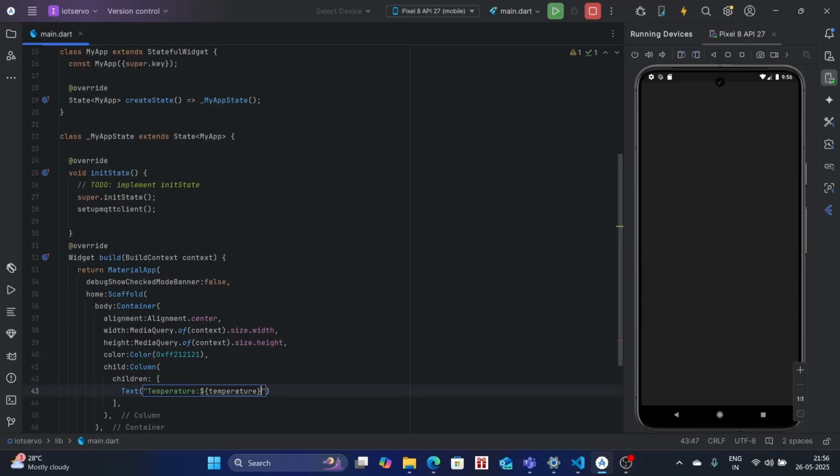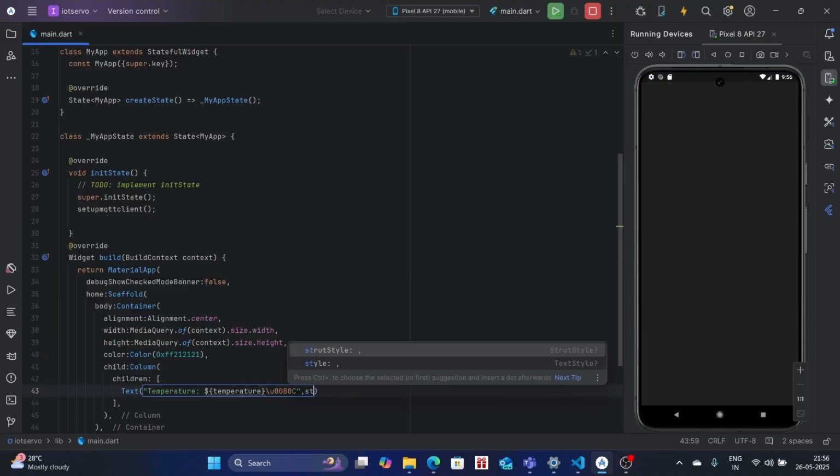Centigrade. We can use something like this to produce a degree symbol. We can use these unique codes to produce the degree symbol. It could be degree centigrade, right? So capital C. Let's give some space, and after that let's give some style,